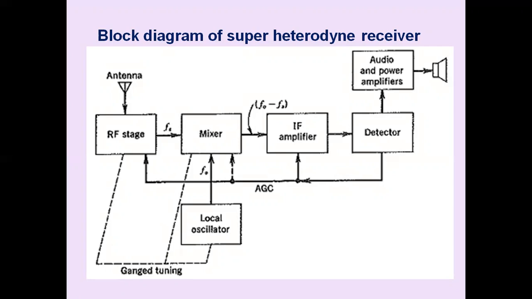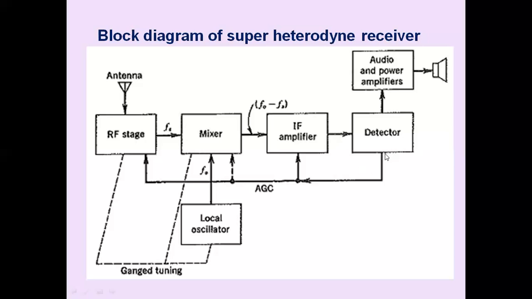The signal is amplified and then we are demodulating the signal which is there on the IF value. The next one is the detector or demodulator. The output of the last stage of IF is fed to the detector. The detector recovers the original message signal from the modulated signal which is there on the IF value. The detector also supplies DC voltage to the RF and IF stages in the form of AGC.